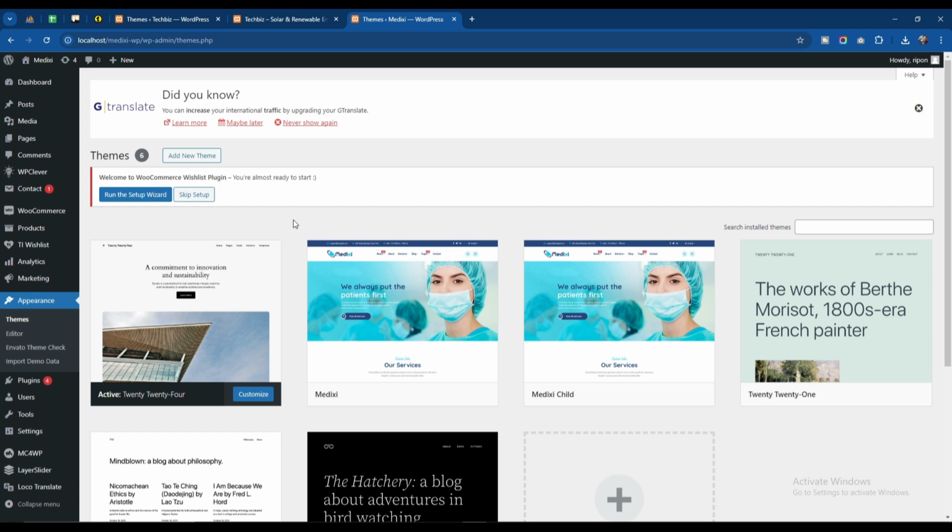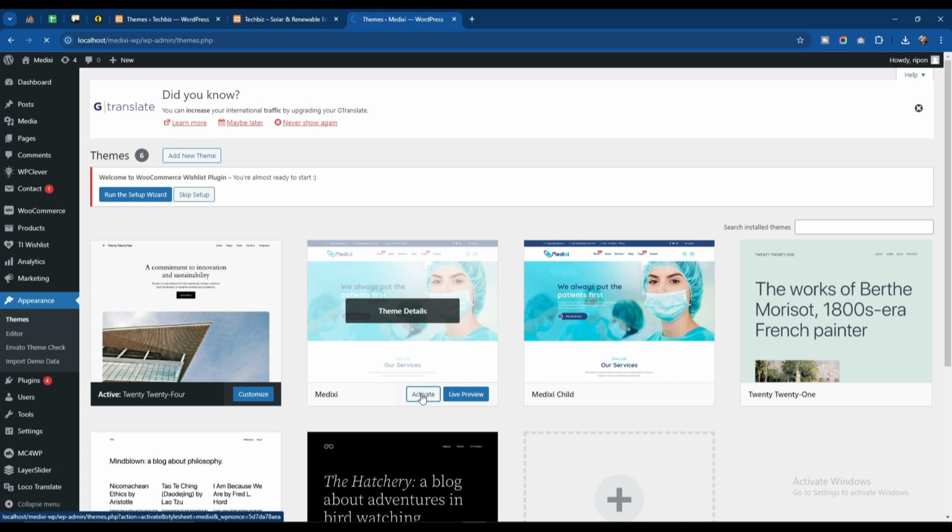In today's episode we will have a look at an interesting topic. If I activate this theme right now, this one also developed by me, if I click on the activate button on this theme,